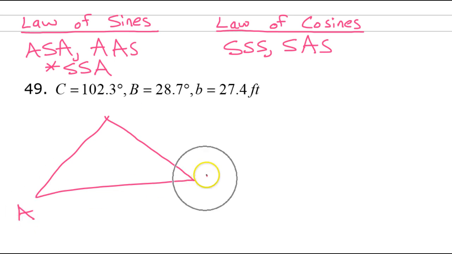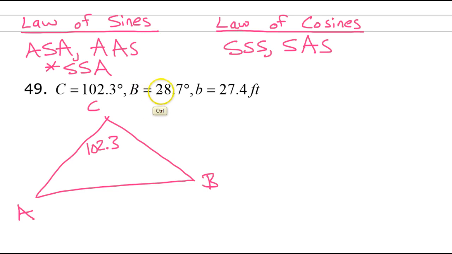So here's triangle ABC. We're told that angle C is 102.3. Sounds like a temperature. Angle B is 28.7, and side B is 27.4. Side B has to be across from angle B. So this is 27.4. That leaves us needing side A and side C,